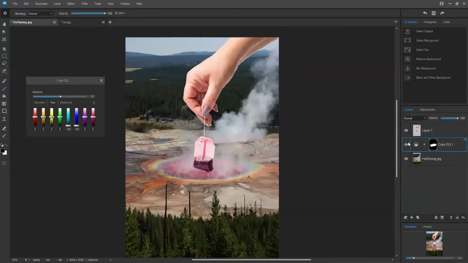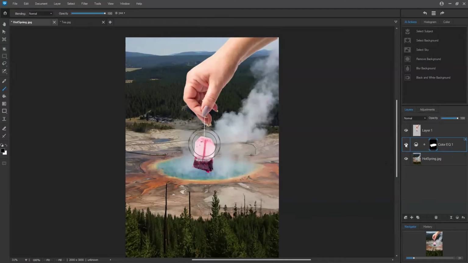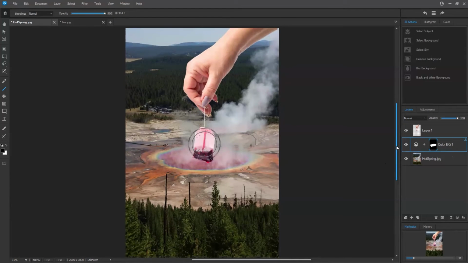And now, if I deactivate the preview of my effect, you'll see that I'm not changing the color of the sky. I'm only changing the color of the little hot spring. So something cool would be to maybe make our little tea bag be inside